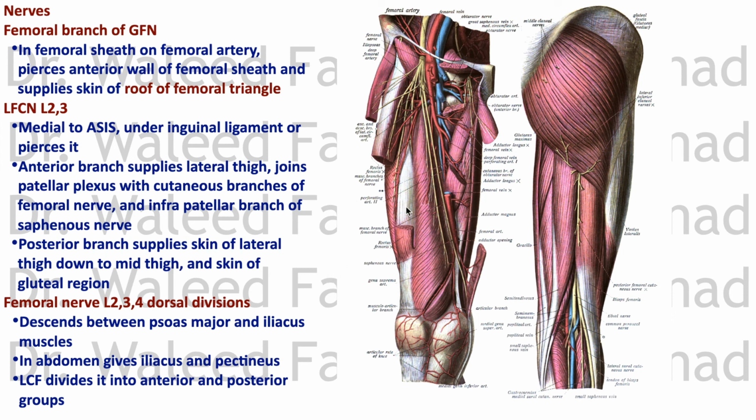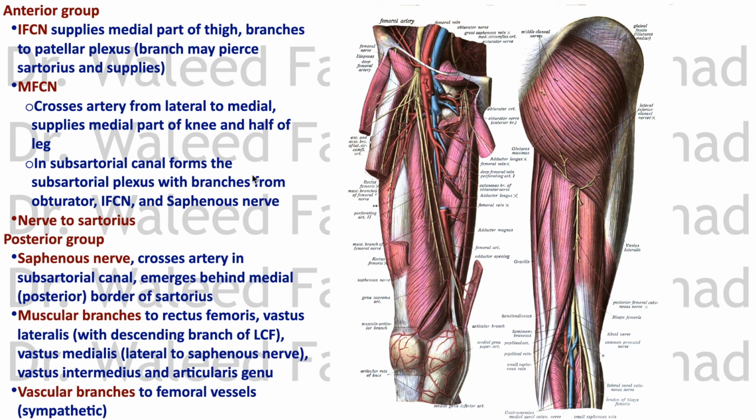And the lateral circumflex femoral artery, as you can see here, divides the branches into superficial and deep groups, or anterior and posterior groups. The anterior group gives the intermediate femoral cutaneous nerve, which supplies the front of the thigh and branches to the patellar plexus around the patella,